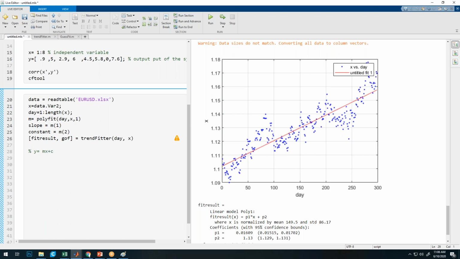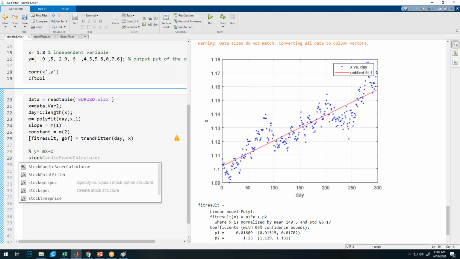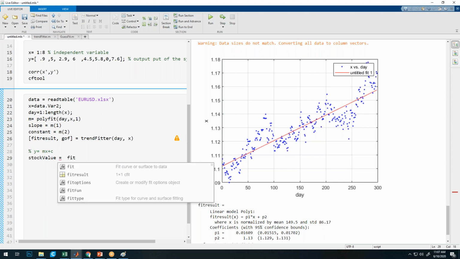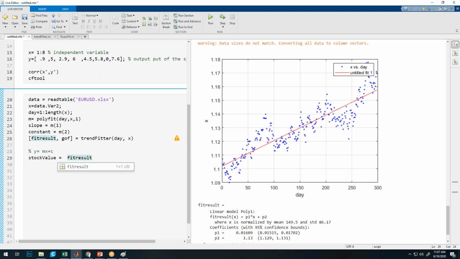So in order to model this function, where x is my data, or independent parameter, I'll create the stock value, which will be decoded like this, where the value of m is just fit result. So whatever model is being stored in fit result after the trend fitter function, with P1, because in a straight line we have the first argument as P1.